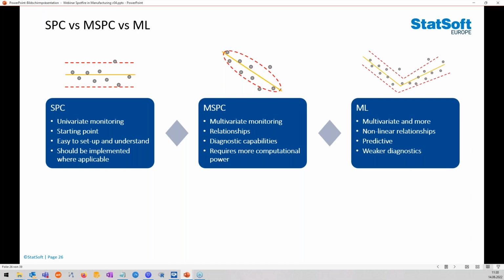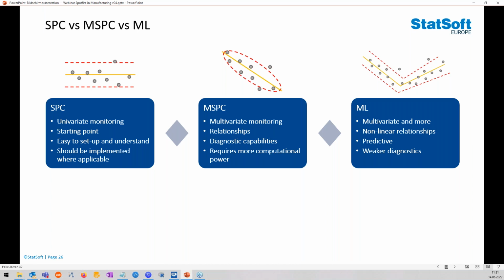If we take machine learning, we now can do multivariate and even more monitoring, and especially we could look at nonlinear relationships. SPC and MSPC are more bound by some requirements regarding these relationships or regarding the data, whereas machine learning is more flexible in that sense.